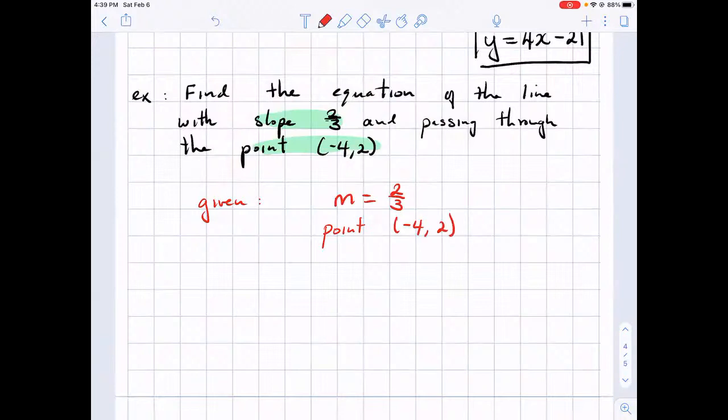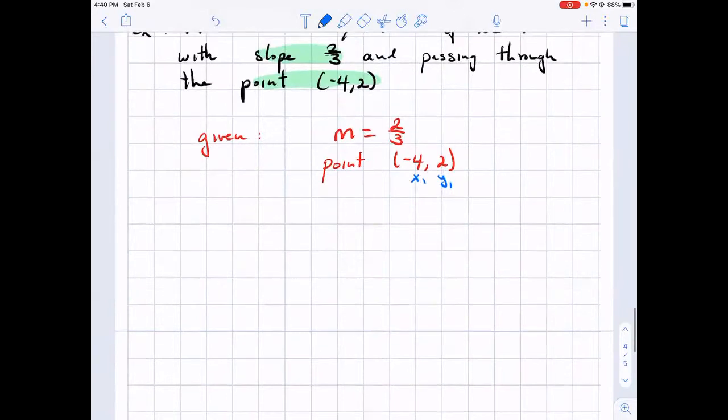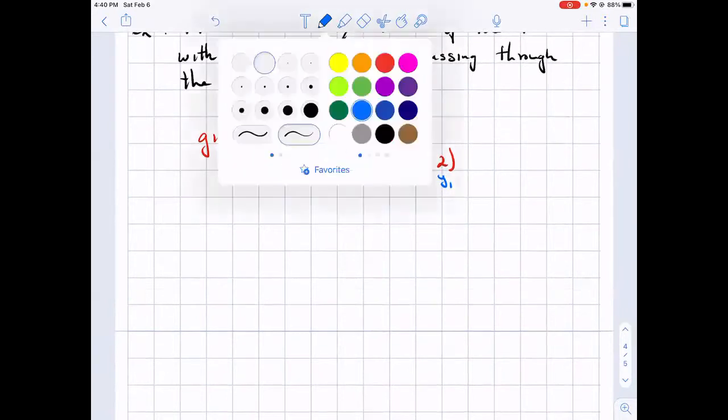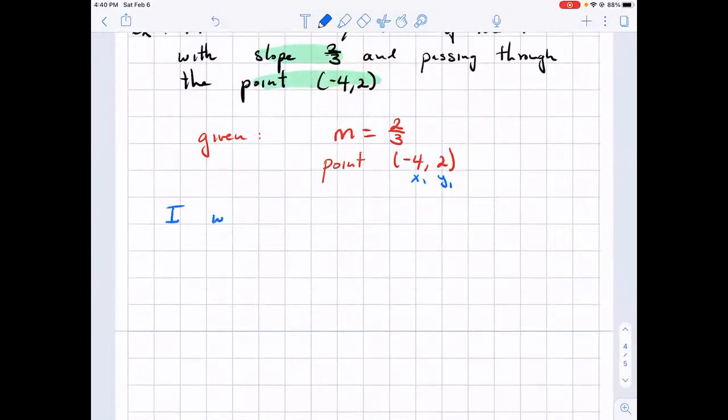And you should know that that point is not a y-intercept because the x is not 0. So for this point, this is x1, here is y1. So anytime I have a point and a slope, I will use point slope form,